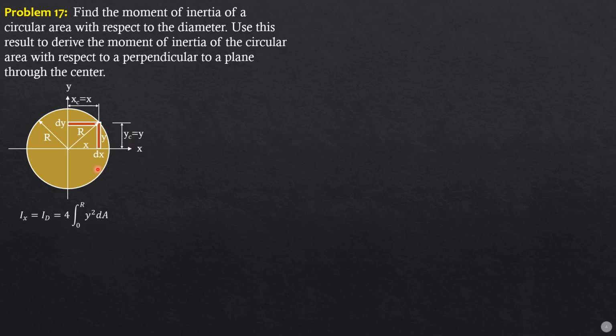If you consider a vertical strip, remember that the moment of inertia of a rectangle with respect to its base is 1/3 of the base, which is dx, times height cubed, y cubed. If you use that, then you can also set up that integral for Ix, or I with respect to the diameter, as 1/3 integral of y cubed dx. But I'll proceed with this. It's up to you if you do that, for those who are already experienced with moment of inertia of plane areas.